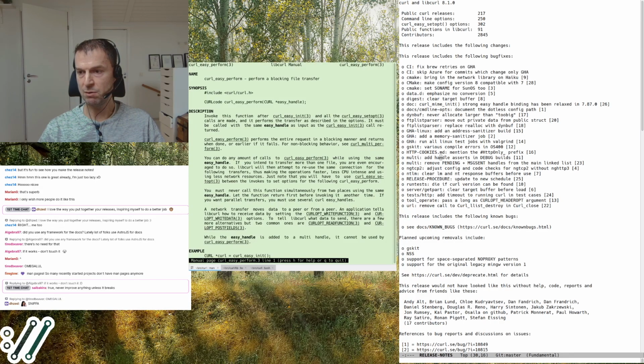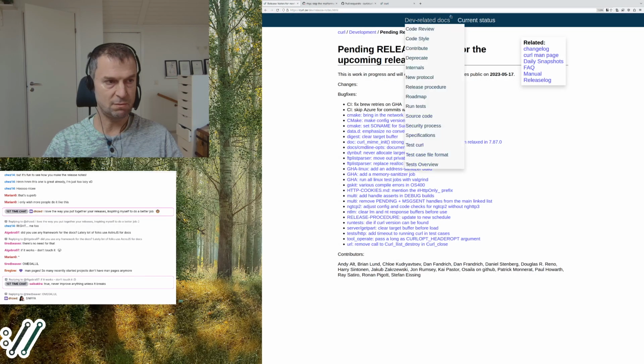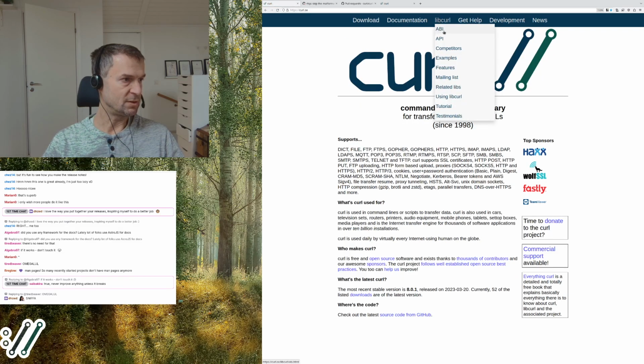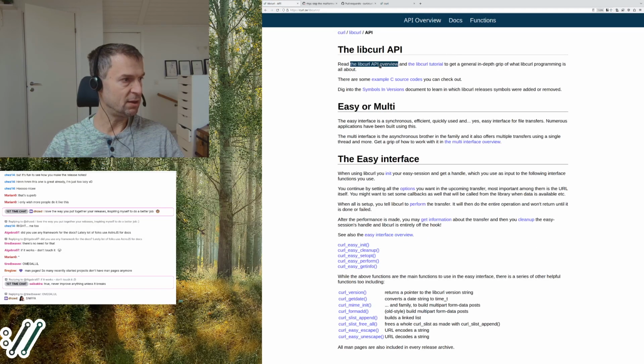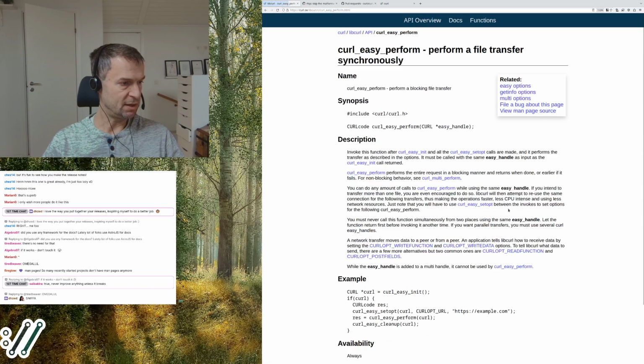So if you go to the website and want to check the same function, you can, for example, go and check the API, then the API overview, and find curl easy perform.